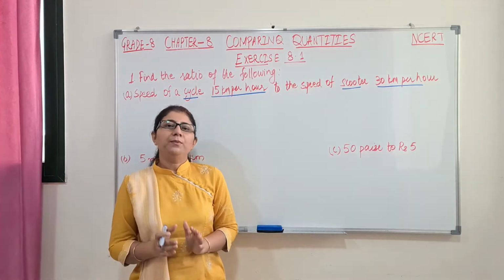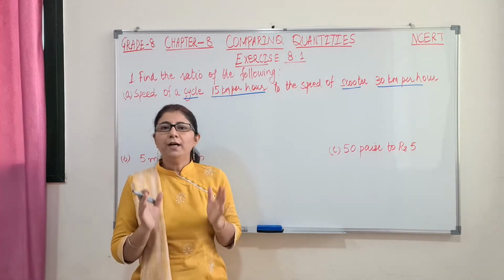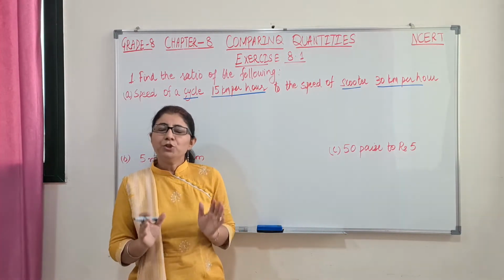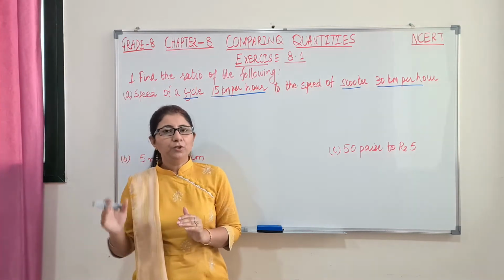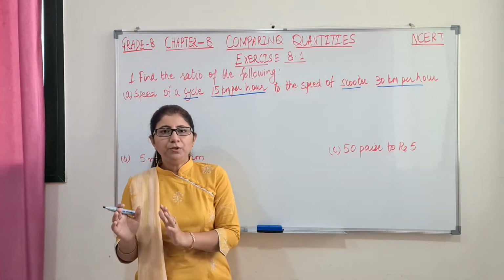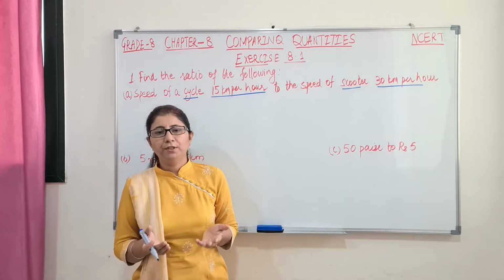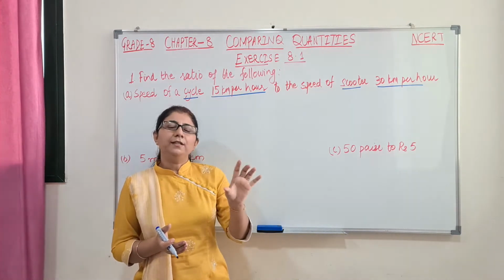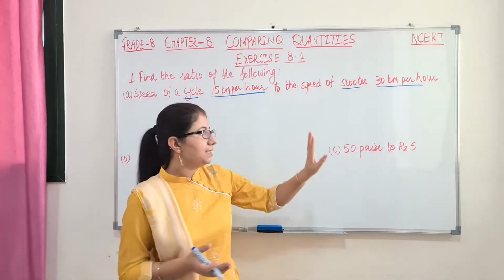And sometimes a question will come, what is the unit of ratio? So ratio has no units. Ratio itself has no units because both quantities that are to be divided have the same units and we can cancel them. So overall ratio has no unit. But the things that are to be compared should have same units. Okay, so let's see here.